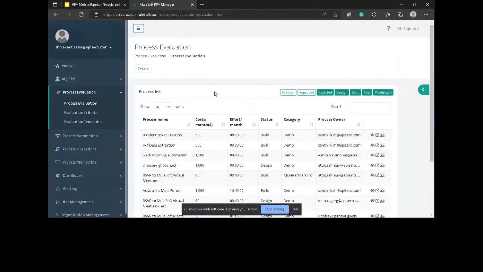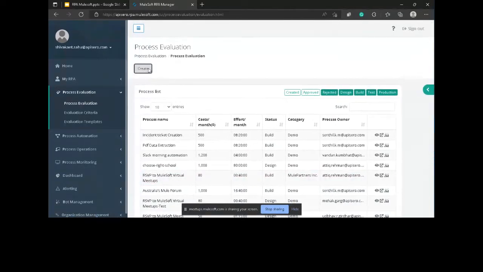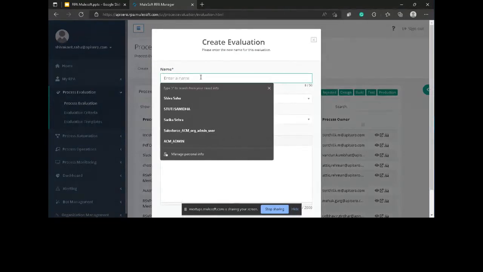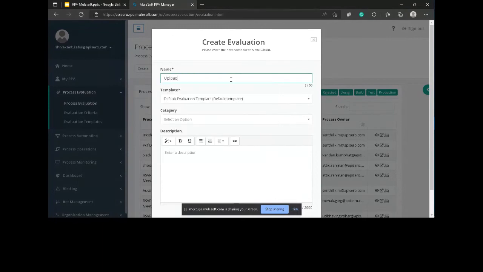If I go ahead and try to create one, I'll just create it for the sake of the demo. Let's suppose I am creating a process which says verify, upload data from.